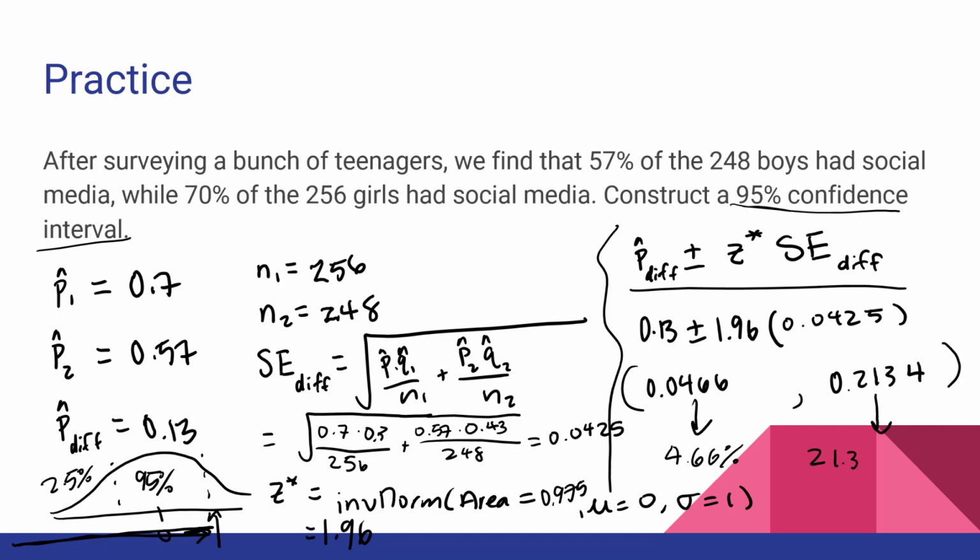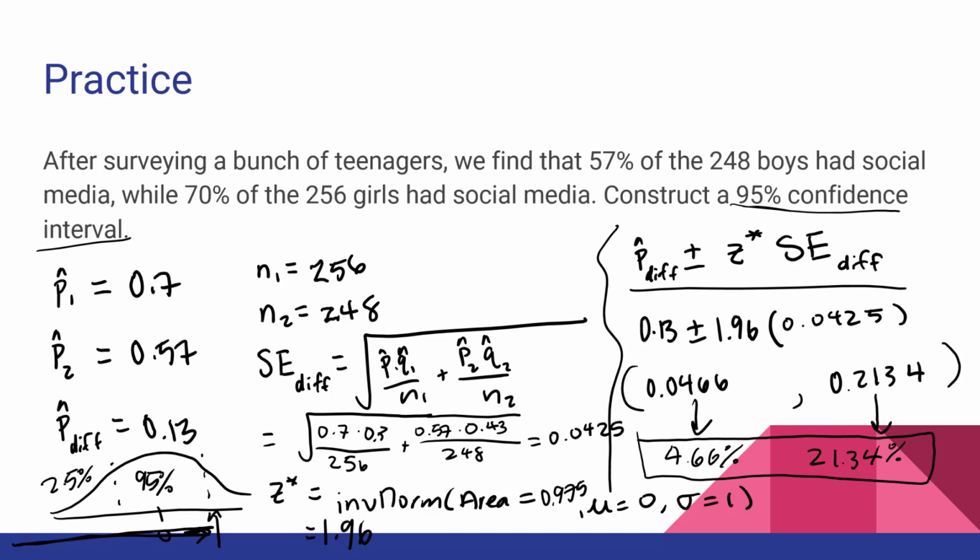to 21.34%. So what does this tell us? Since we're making an estimation about the difference between the percentage of boys with social media and the percentage of girls with social media, since we always put the larger sample first, and because the girls here were the larger sample, that means that our 4.66% and our 21.34% tell us what percent more of girls have social media than